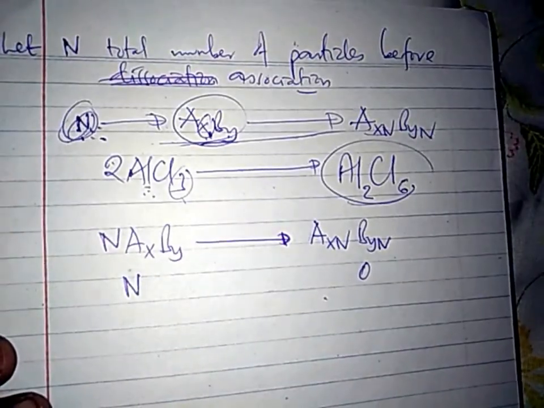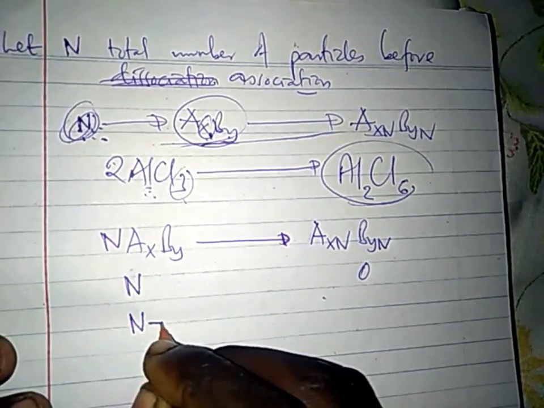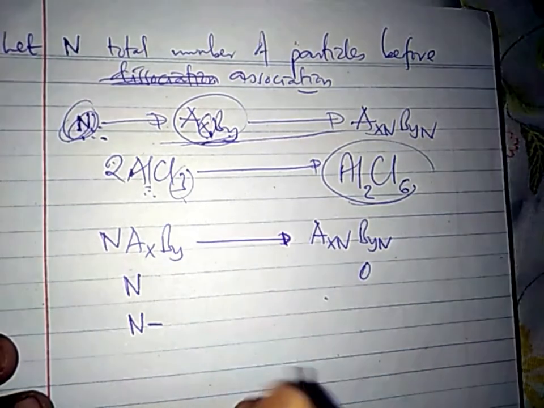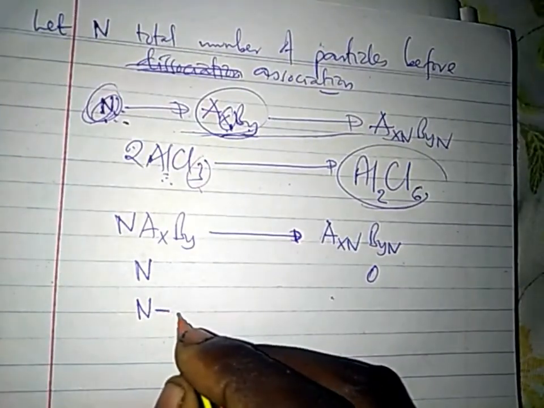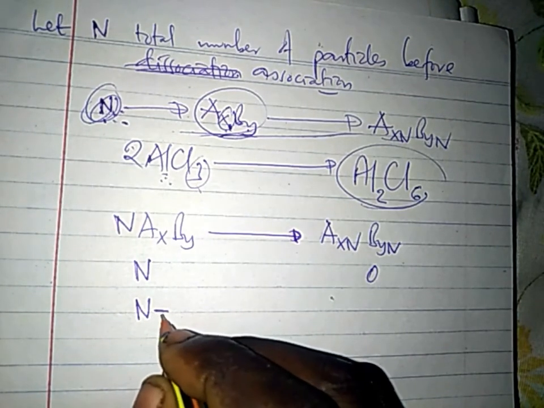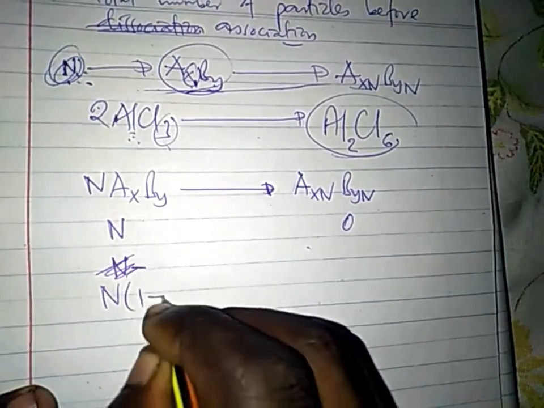After association we have N minus a degree of association. Degree of association, which we don't know it is. So it is N, actually it is N minus, it is any particle, then 1 minus